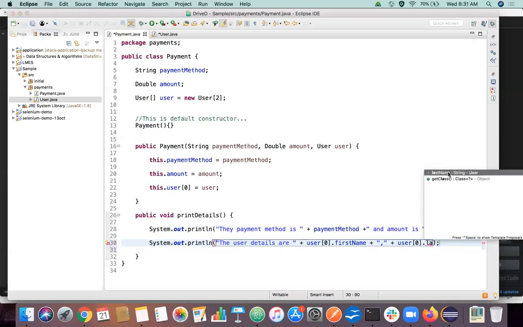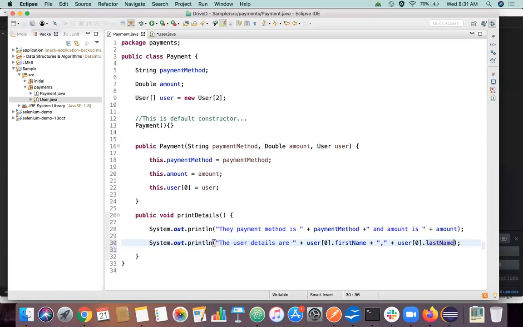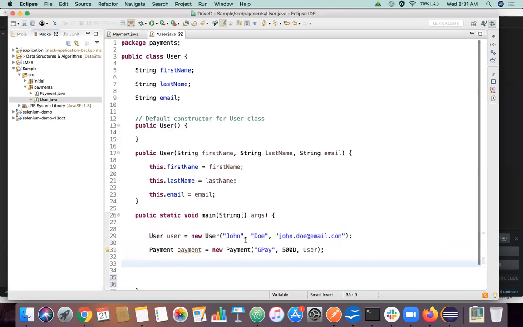I'll just try to print this first name and last name itself. And how am I going to call this method, printDetails? PrintDetails is in the payment class.